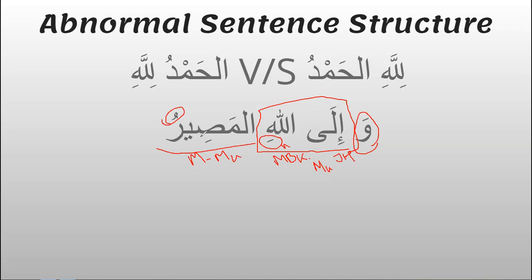Masir means the resting place, or you could say the comfort zone. Ilallahi masir means only toward Allah is our final resting place. It creates the exclusivity. Ila means "to," right? Toward Allah